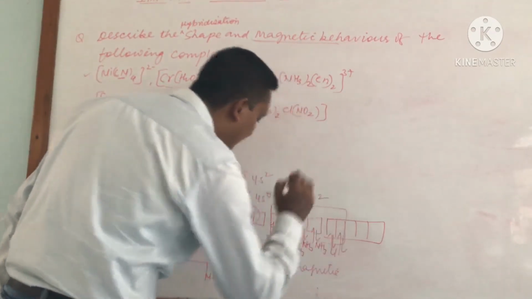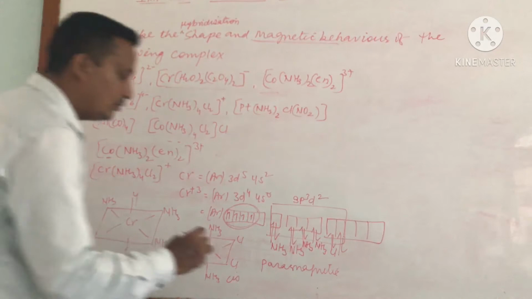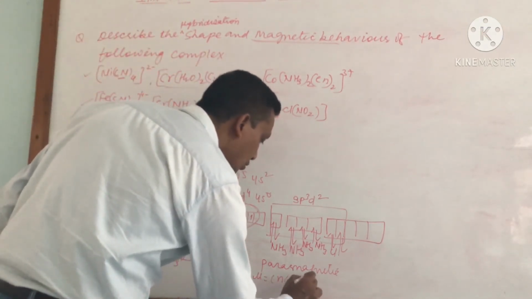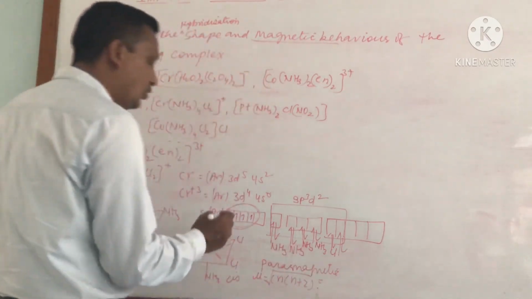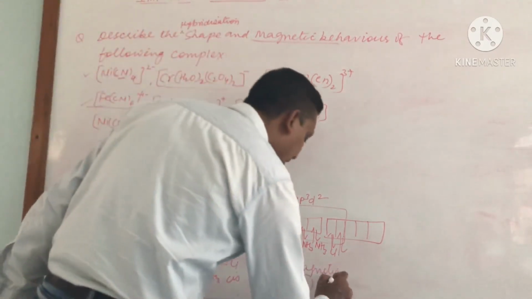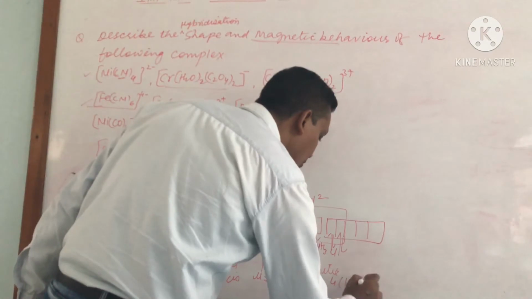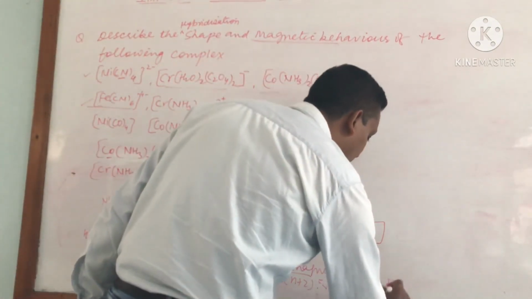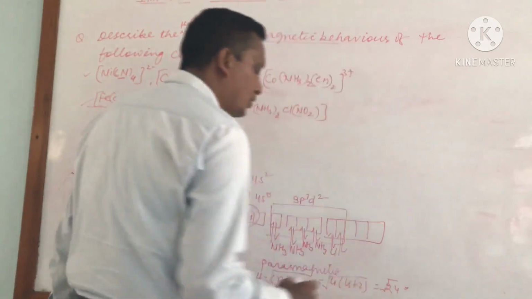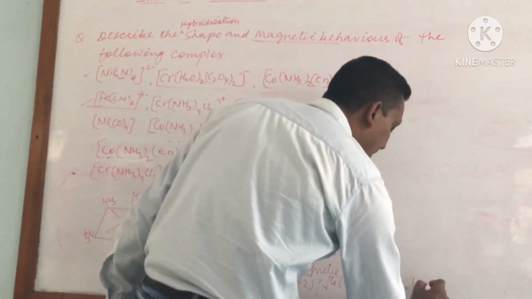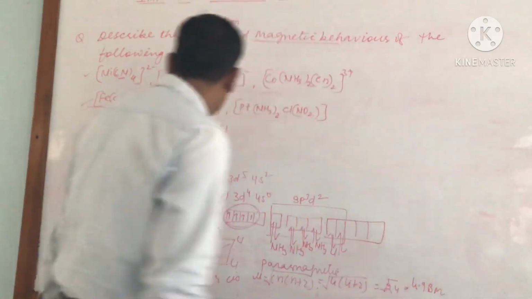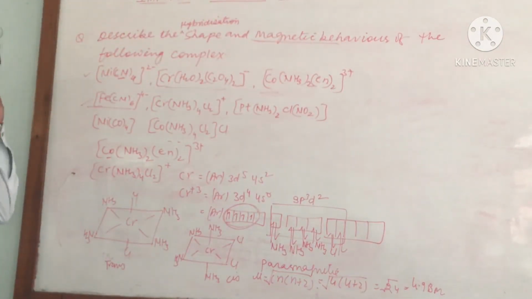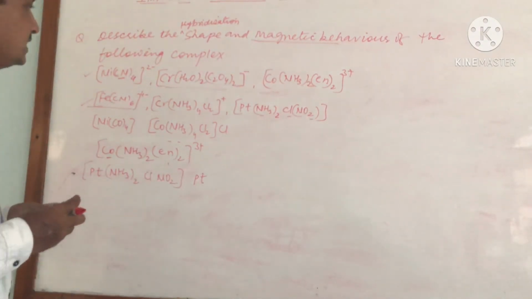It would be a paramagnetic molecule, and the magnetic moment can be calculated as mu equals the square root of n(n+2), and the value of n would be 4. So it would be the square root of 4 times 6, that is the square root of 24, and we can say around 4.9 BM. So we can calculate the magnetic moment easily for this complex. The next complex we are taking